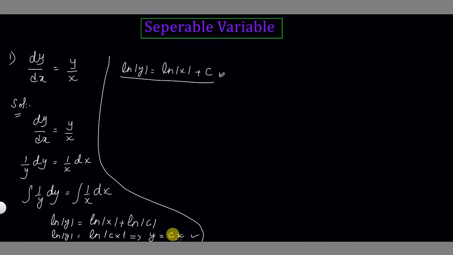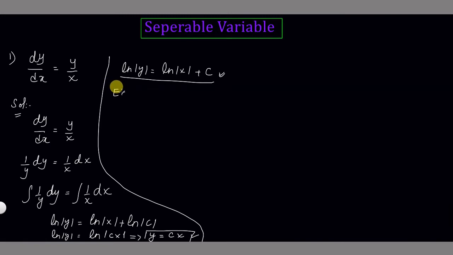This is quite a simple form in which you can see the function y is easily extractable, but over here you have to remove the log sign by taking anti-log on both sides, and then you can get the same answer. But don't you worry, in differential equations sometimes you can use different methods, so the final answer can be different, so don't worry about that.